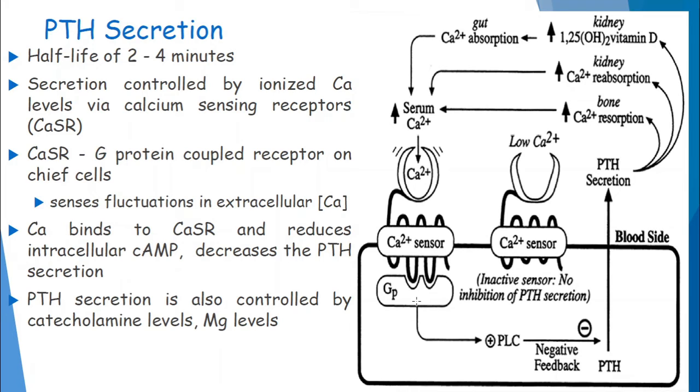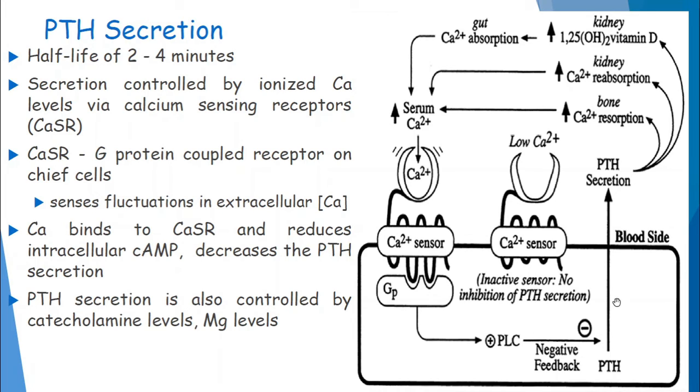One is that it inhibits cyclic AMP production and protein kinase A activation. At the same time, it activates the phospholipase C system, which acts as a negative feedback for